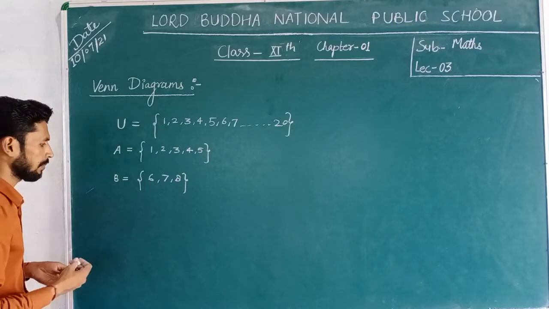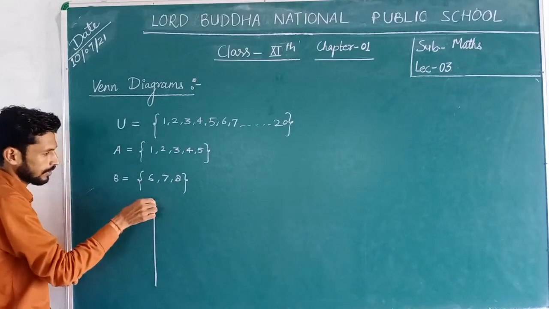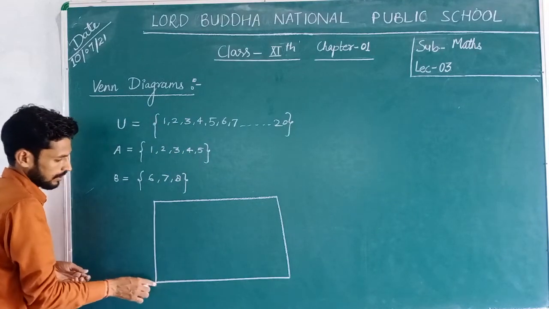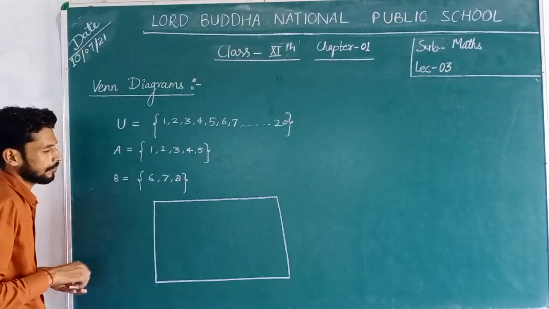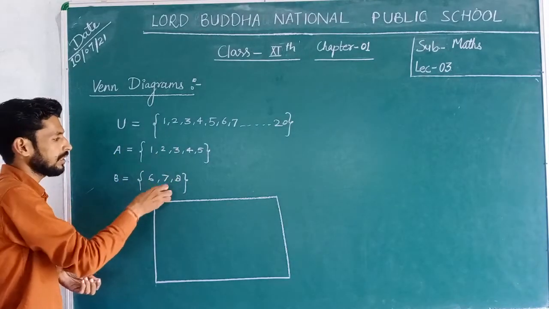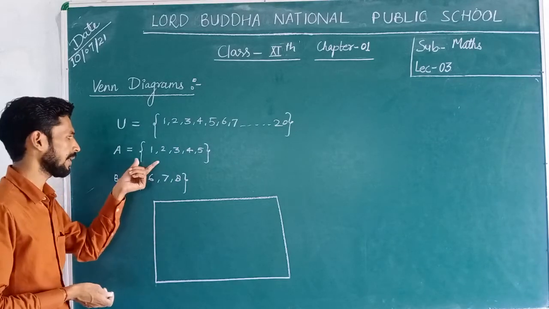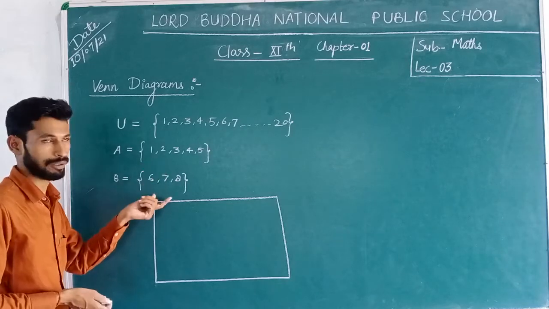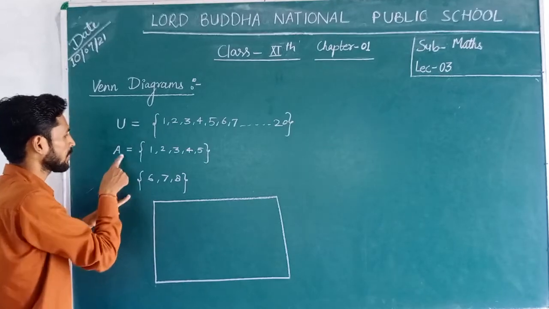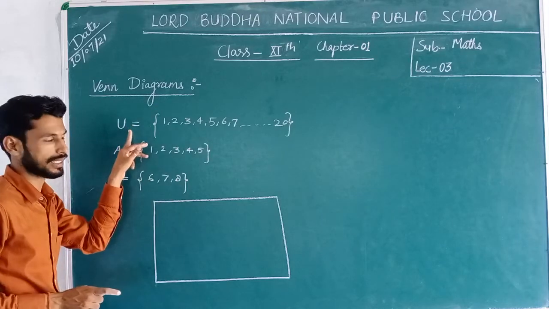Now what is the Venn diagram and what is the representation of this? Suppose these sets which are given, there can be a common element or may not be. यहाँ पर इनमें कॉमन एलिमेंट्स हो भी सकते हैं और नहीं भी हो सकते हैं, but these sets A and B which are given, all the elements of sets A and B will be present in the universal set.